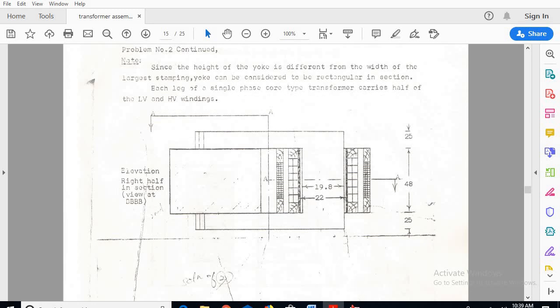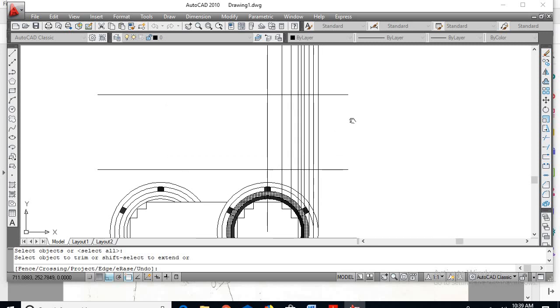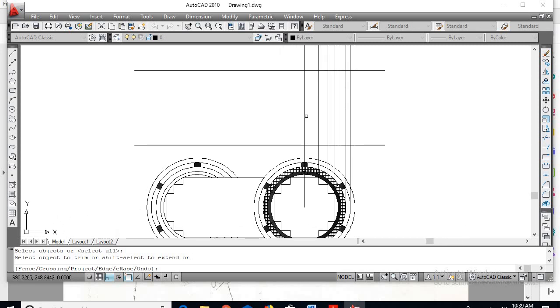Okay, so now with respect to that, I'll go for AutoCAD, go for trim command, right click. So here, this is the center of the circle. Here is the width of the smallest stamping. Here is the middlest stamping. Here is the width of the largest stamping, and here is the circumscribing circle.